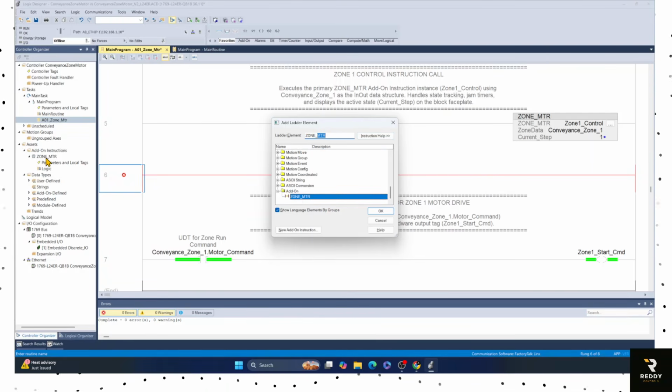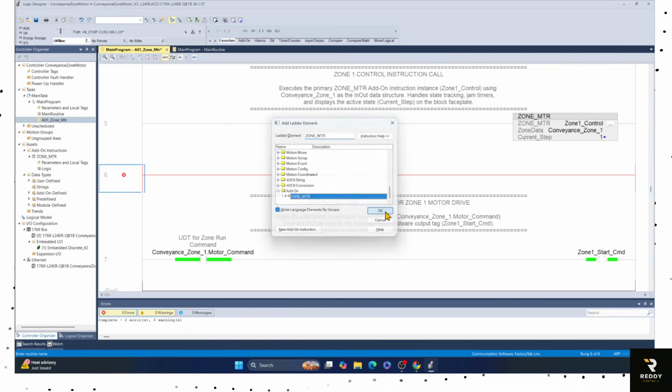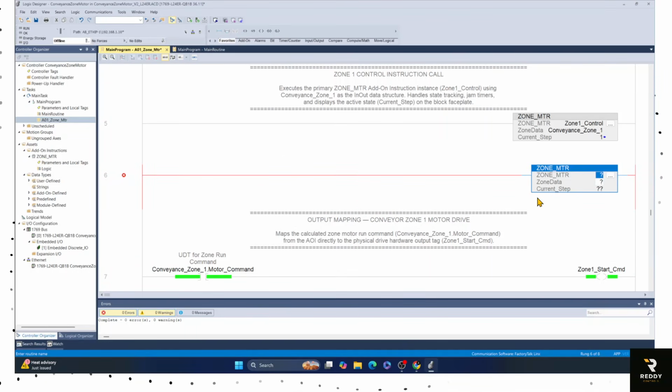Here you could insert it, and every time you insert this, the first parameter field, the backing tag, needs a zone number, right? So for example, I create zone2_control,